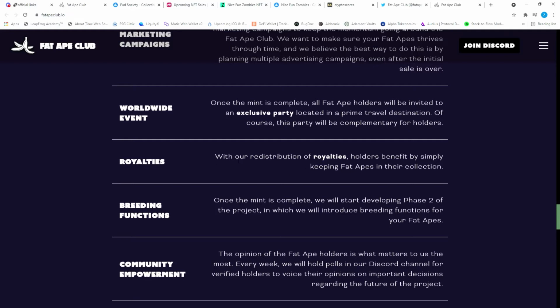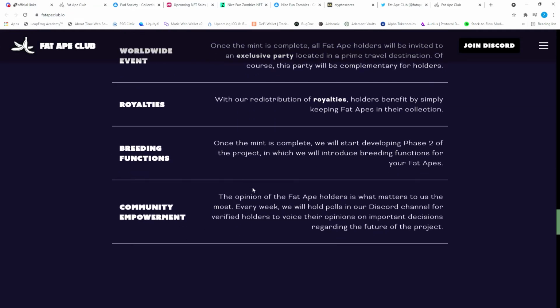Zedrun takes only 2.5%, FUD Society takes 10%. I don't know how much these guys are going to take, but what they're saying is they will redistribute some of that royalties to the holders of this Fat Ape Club NFT. So that is a pretty cool thing. Just by holding a Fat Ape NFT in your wallet, you will get some ETH